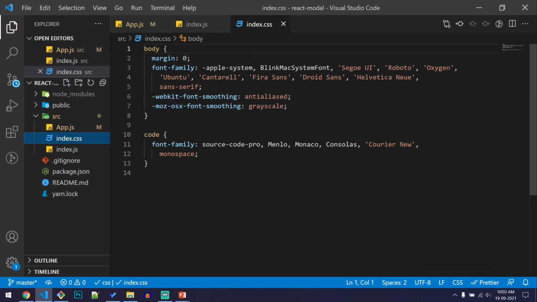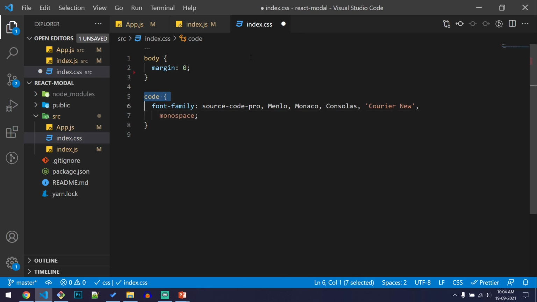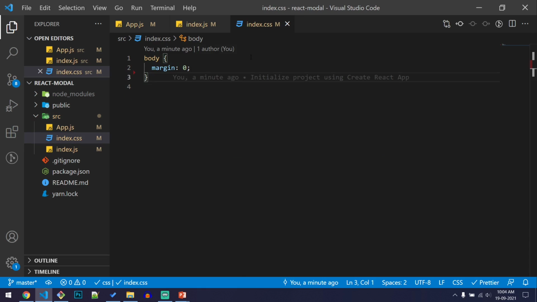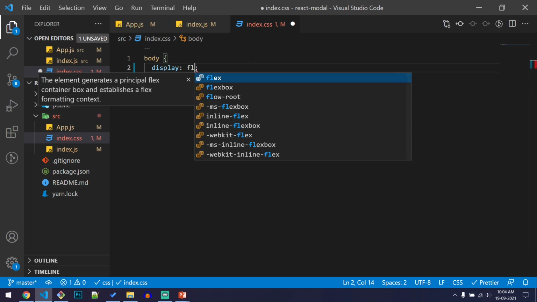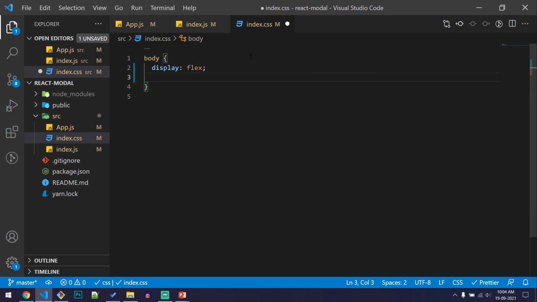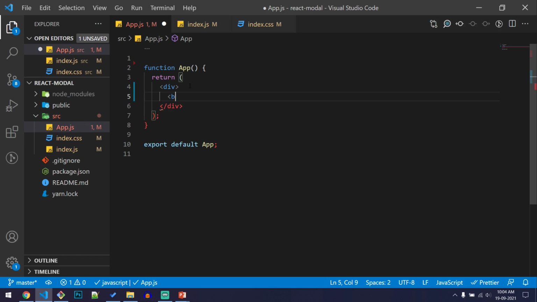And let's go ahead to index.css and remove the styles from here. Again, we want this content to be center aligned. So let's do display flex and justify-content of center. Let's go to app.js and add a button